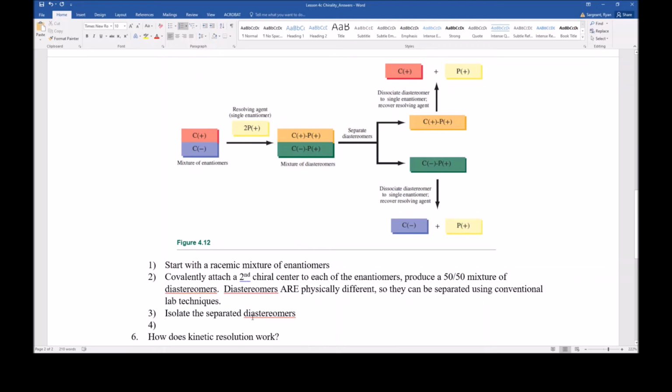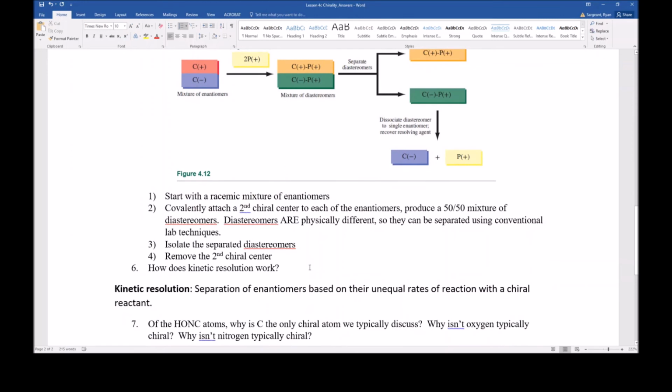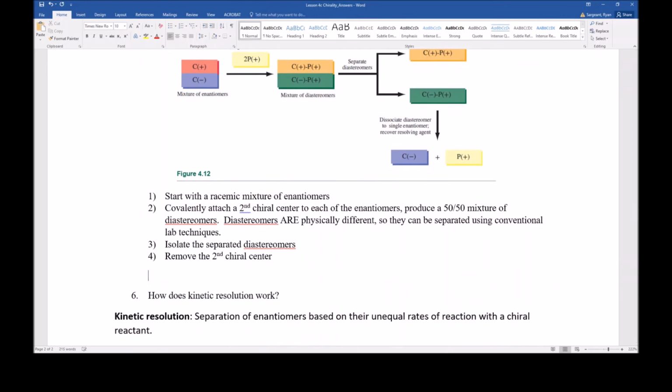You just clip it off. And so then you remove the second chiral center. And that's where we end up here and here. At the end of step 4, you pop that second chiral center off. These are two totally separate molecules, which means you put them across yet another column, 2 separate columns, one for each enantiomer, and voila, you have your purified